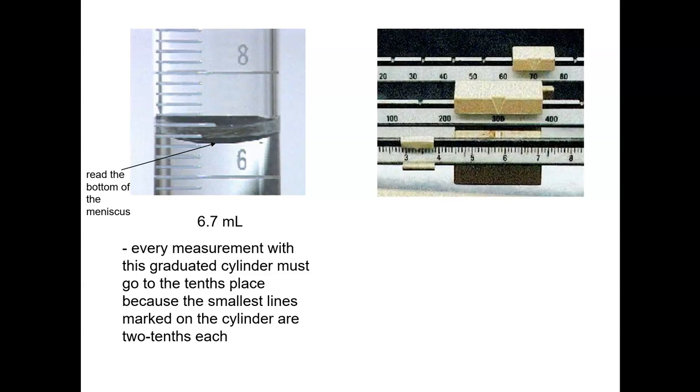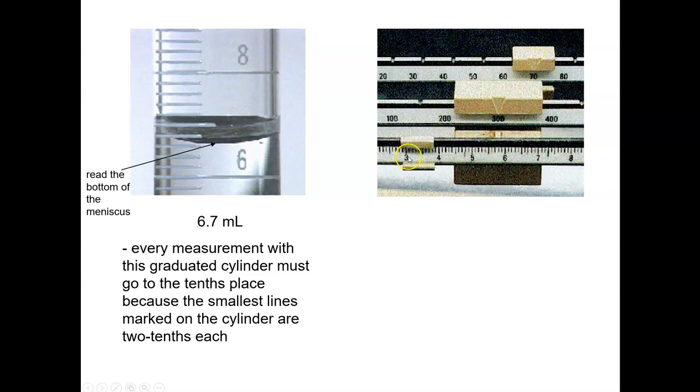Here's an example of a triple beam balance. You've probably used one of these at some point in science, but even if you haven't, it's a really easy device. So I want to measure the mass of something. These would be in grams. And you notice this thing has a weight that sits on the 300. There's one that sits on the 70, so that's 370. And then this little one here has passed the 3, so that's